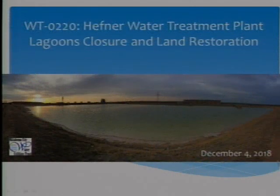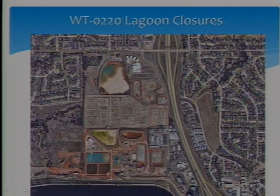What you see before you here is one of the residual lagoons that we use at the Hefner Treatment Plant. And a little bit of foreshadowing is the sludge facilities right here. The Hefner Treatment Plant is located on the north side of Lake Hefner. Of course, it brings water from the lake and then treats it and then sends it out. During the treatment process, the residuals, or sludge as we call it, get sent to settle out in one of these three lagoons. And then the water that is on top of the lagoons gets recirculated back to the treatment